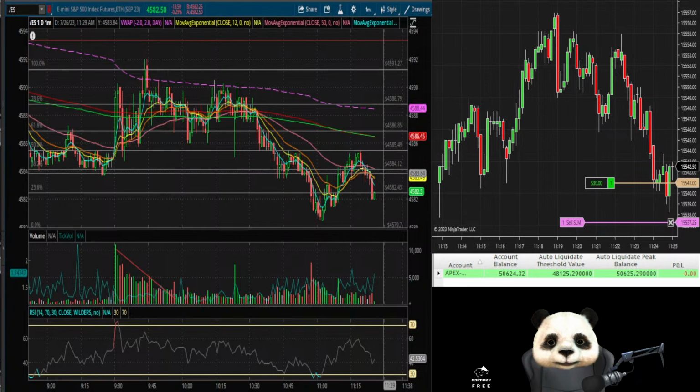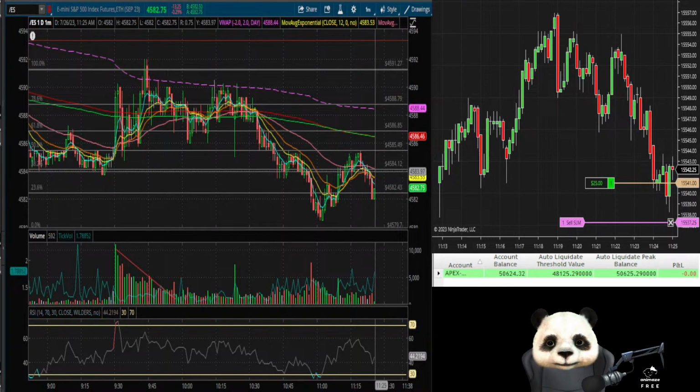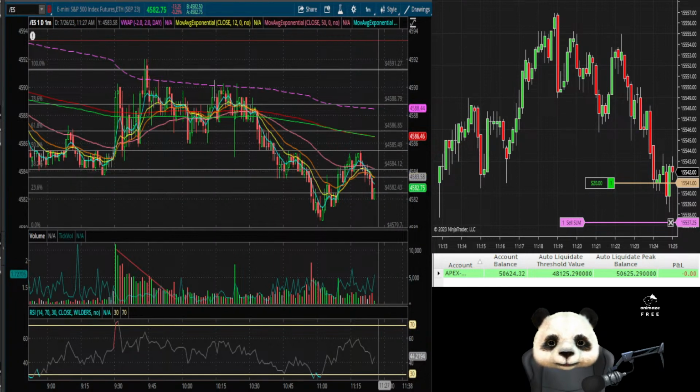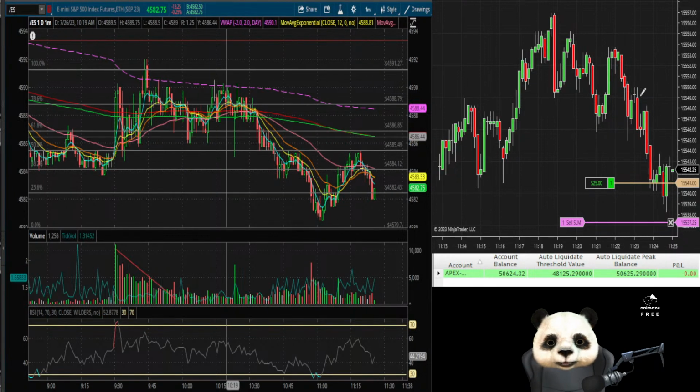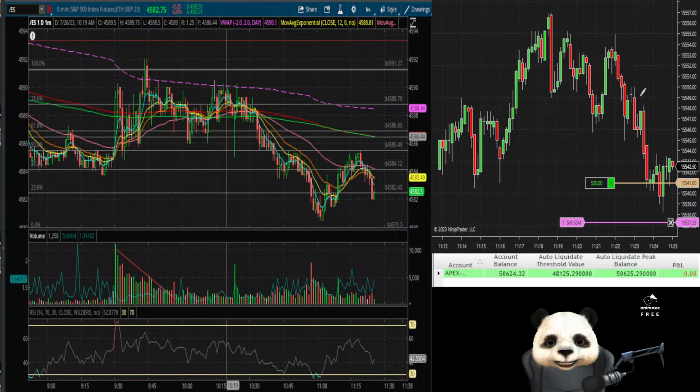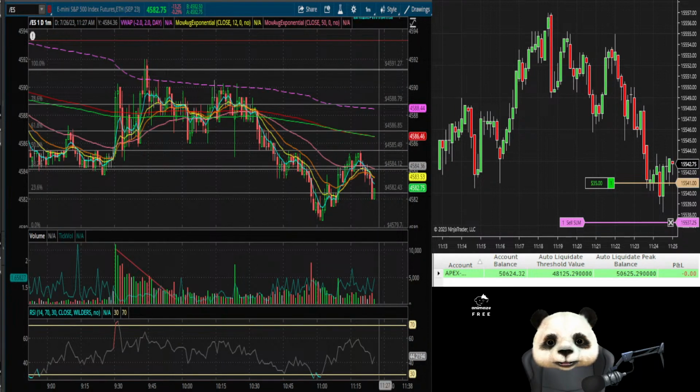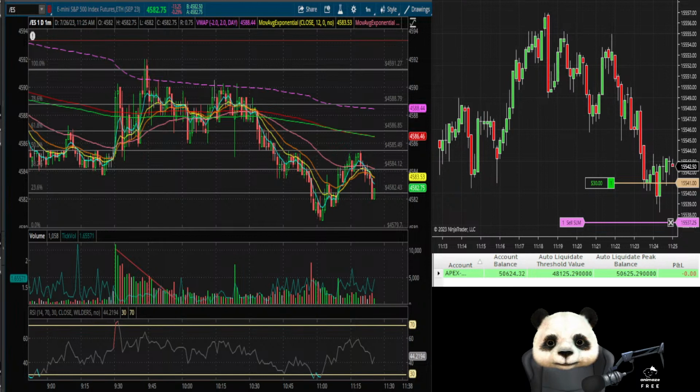Not a fan of how the S&P did that. If it was a fake out, we need to come back up right here from that. But not the hottest morning so far, guys. This is why taking profit is key. So, I mean, we didn't even hit the 58 level like I was looking.